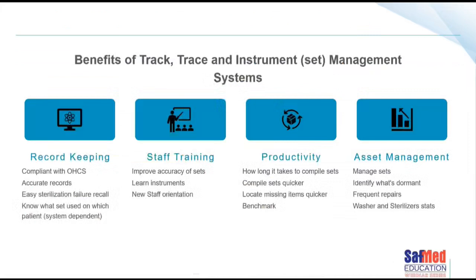Right, so summarizing now the benefits of a track and trace system based on what I've explained. Record keeping, compliance with record keeping. Accurate records, I pray, I hope. I do think they will help improve the accuracy of our record keeping because the system is easier to manage. Make for easier sterilization failure recalls and knowing what set was used on the patient depending on the system you're